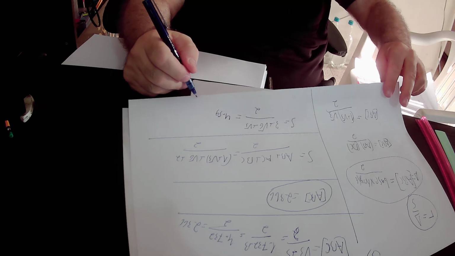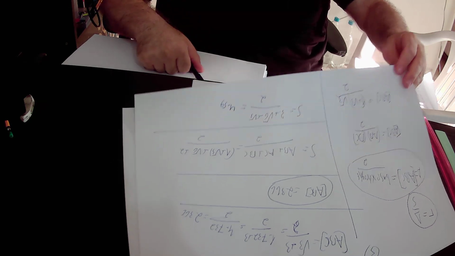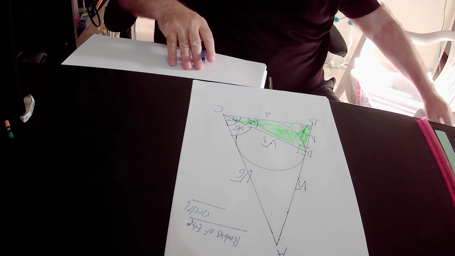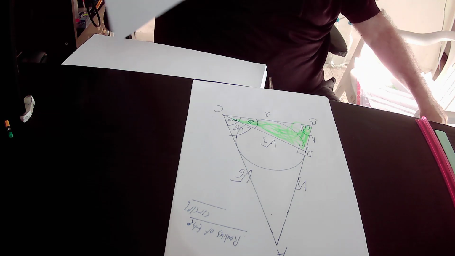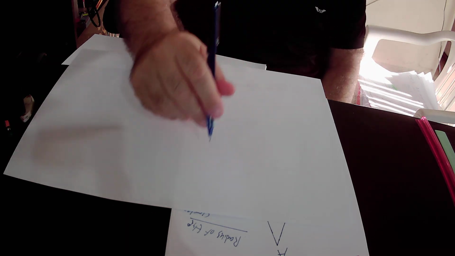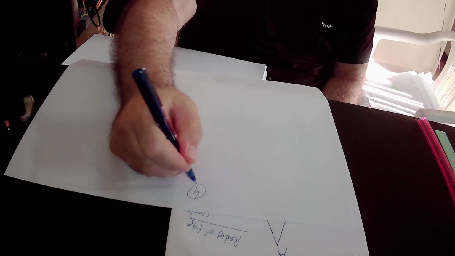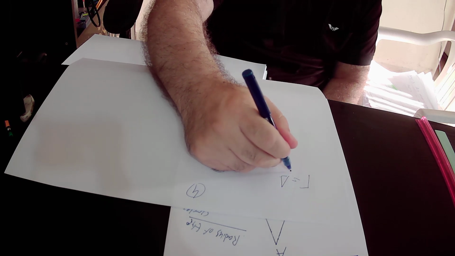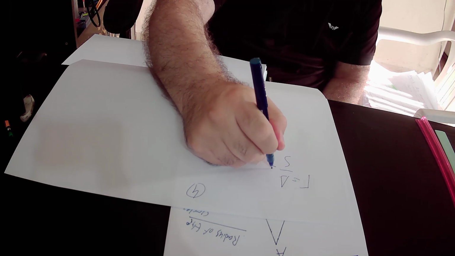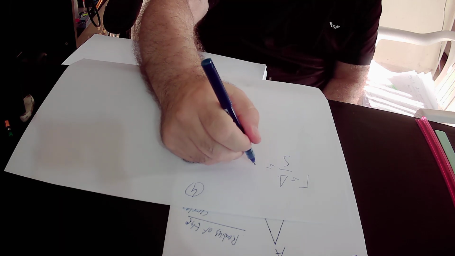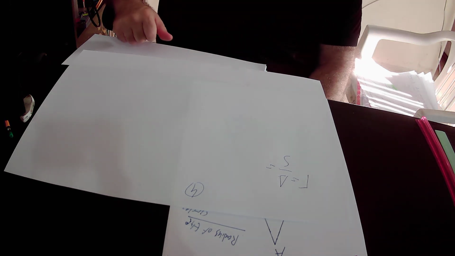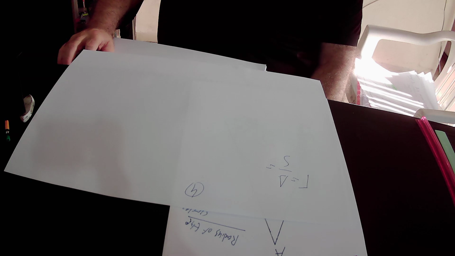And here we know that the radius of the circle that is inscribed by triangle ABC, R, equals the area of triangle ABC over the semi-perimeter of triangle ABC. The area of triangle ABC equals, check it,